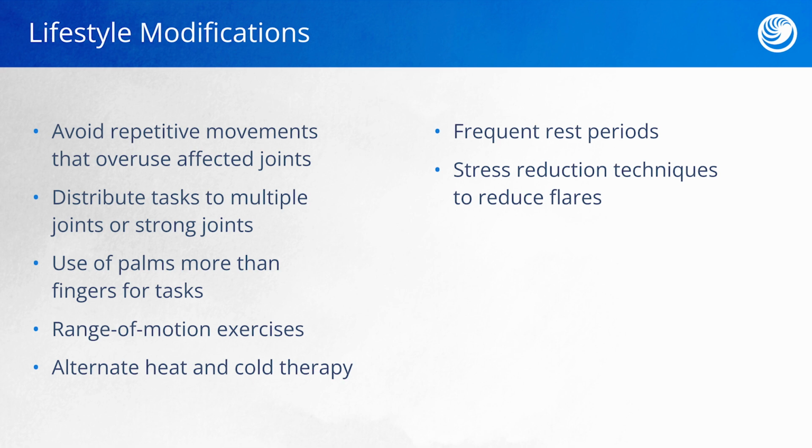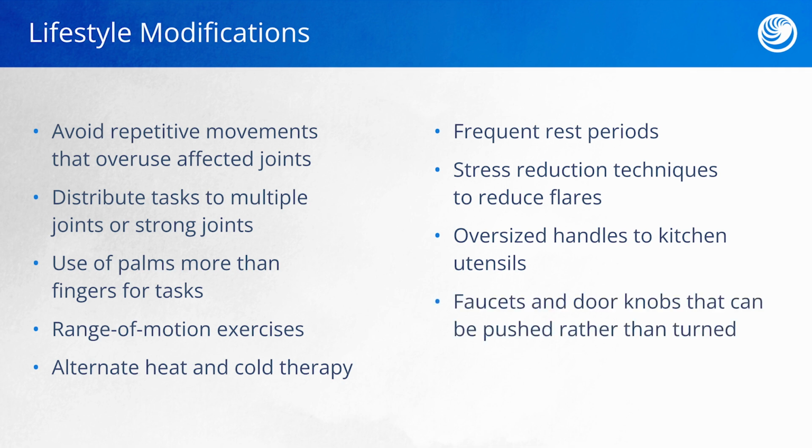It's also very important to encourage modifications that are going to make life at home easier. For kitchen utensils like a fork or knife, or even a spoon or spatula, we want to use oversized handles so clients don't have to grip so tightly. Faucets and doorknobs should be ones that clients can push rather than turn to avoid putting that repetitive stress motion on the joints. Finally, clients with RA should be encouraged to use specialty medication cups that are wider and larger